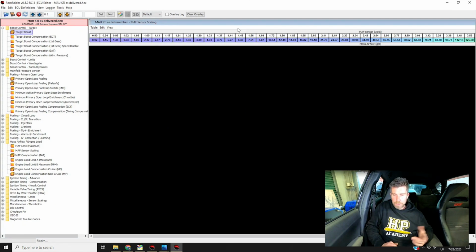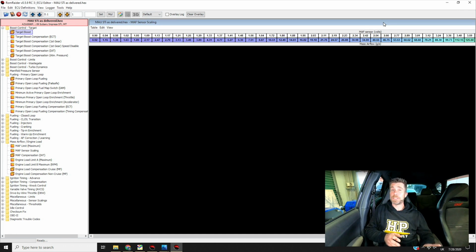We'll come back over. Right. Two-dimensional table, we've got our mass airflow sensor voltage there. That should be our axis. Awkwardly, this represents our MAF scaling on the horizontal axis, whereas ECU Flash, which I actually use, does it on the vertical, which is why I've set up that table the way it is.